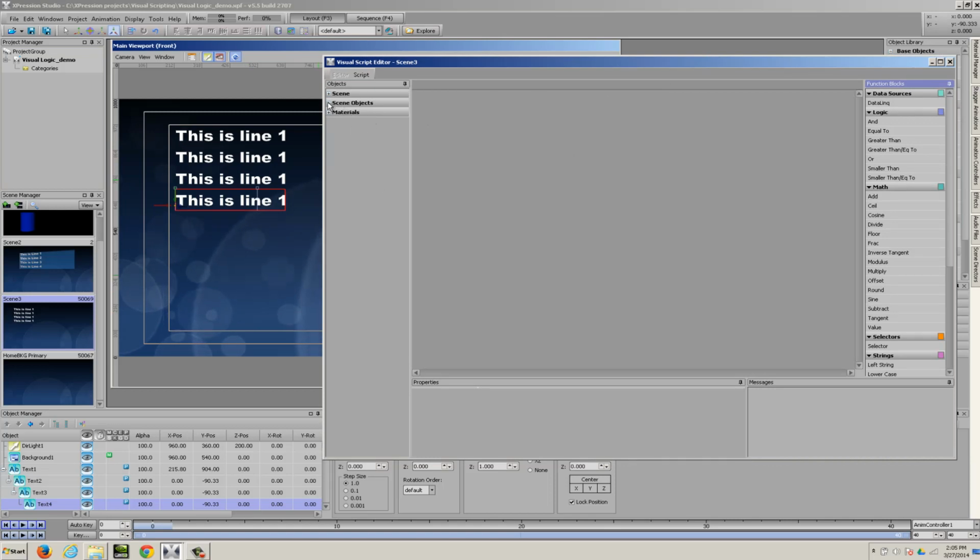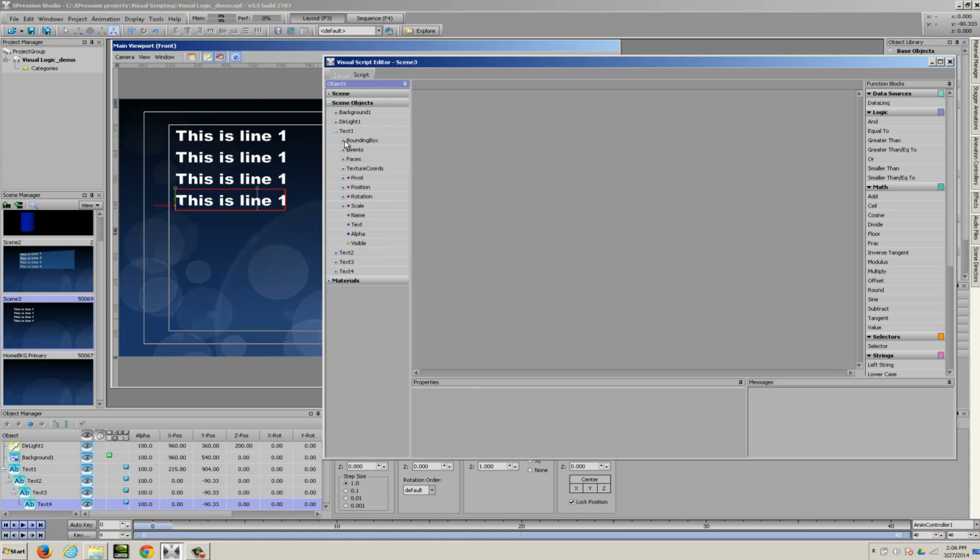So we'll go into the scene objects list. Inside scene objects, you'll find all of the objects that exist in the scene that you're currently working on. So text 1, there it is. What can we retrieve from text 1? Well, we've got bounding box, events, faces, texture coordinates, pivot, position, rotation, scale, name, text, which is its string value, its opacity, and its visibility. So we obviously need to use its bounding box in this case.